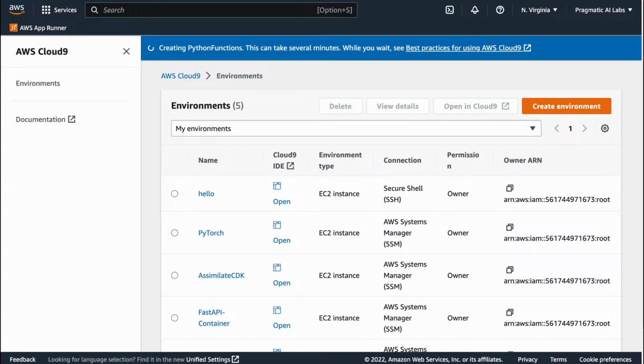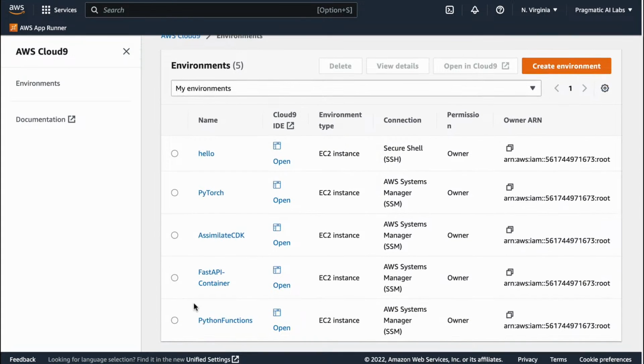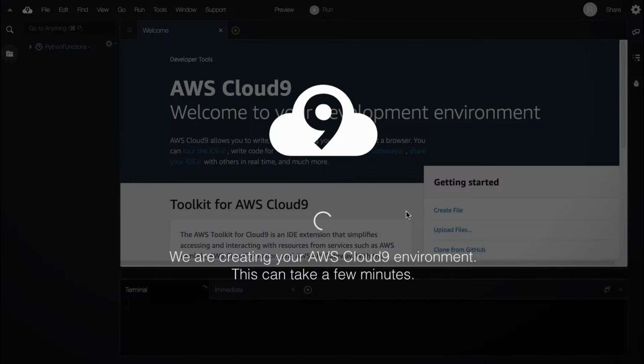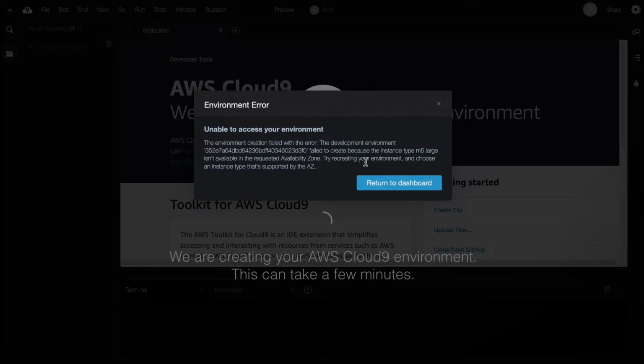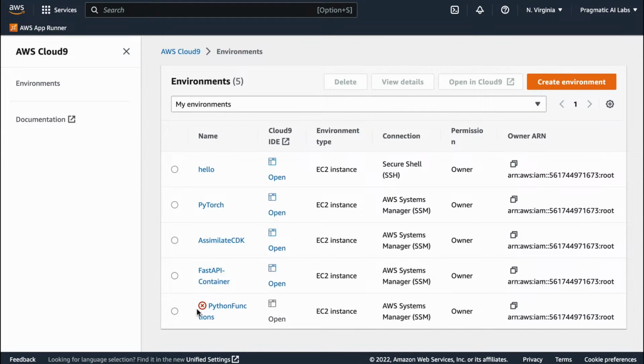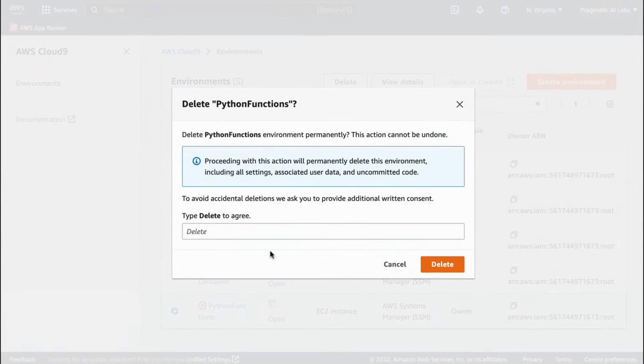And while this is running, what I can do as well is click it, which says Python functions, and it will show me this preview window. So if I want to use some of my same code here, I would have to do only a very, very tiny amount of changes. One of the things I'll have to do is add, this environment is not available. So this particular machine was not available, which does happen sometimes, which is kind of weird.